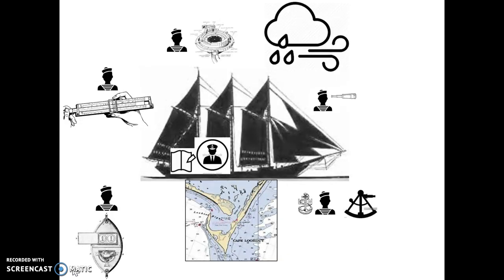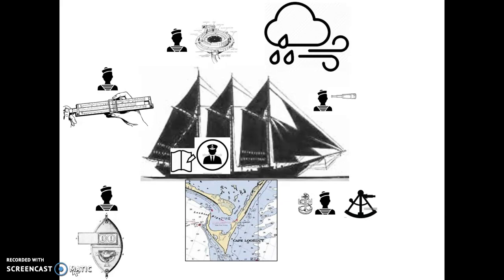So if you think about this as a ship, you think about the captain in the center. The captain in the center doesn't know all of the things that the sailors around the outside do. For instance, the man with the telescope is looking at the horizon, looking for obstacles and clear pathways. The man with the slide rule is calculating speed and time. The man with the depth gauge is taking soundings to find out where he is and comparing these against the